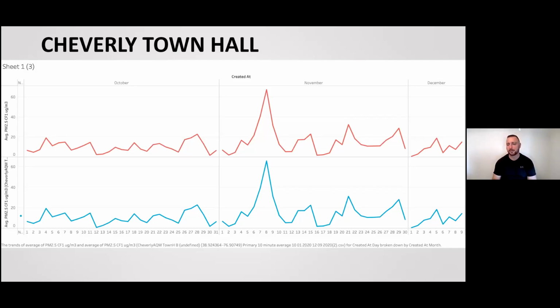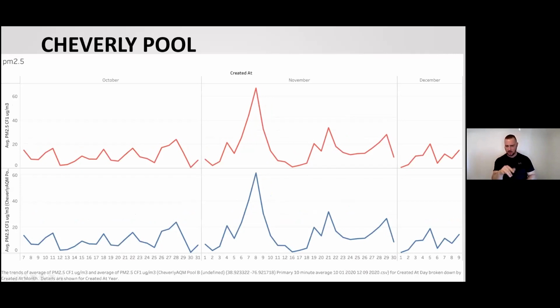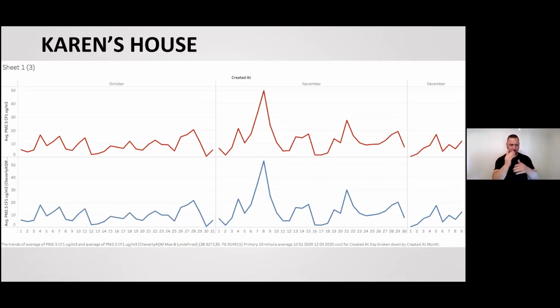Yeah, thanks, Abraham. What this allows us to do is see that this spike in early November is a phenomenon experienced in 3 different parts of town. So in this case, it doesn't necessarily show that it's pinpointed in any particular area, but by having a dispersed network, if there is a spike that's only affecting one side of town, or it's coming maybe from a specific source, this dispersed network allows us to know where it is,